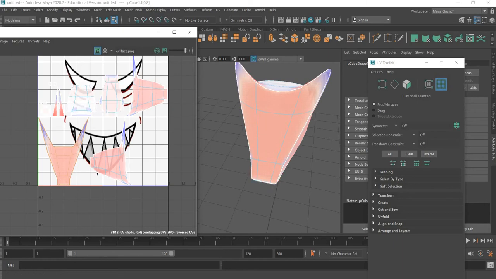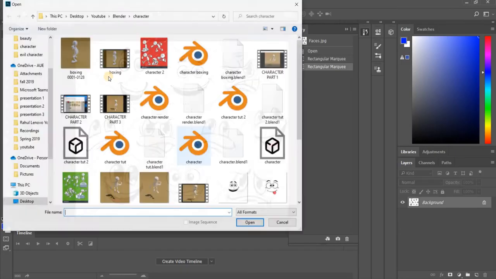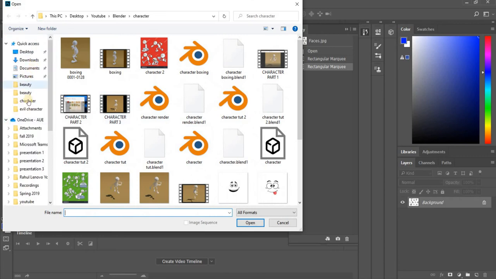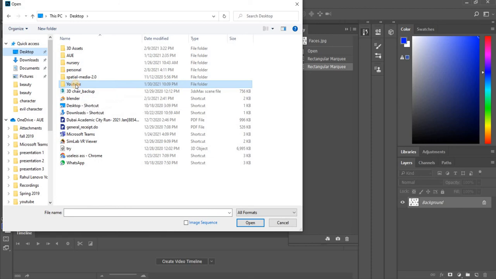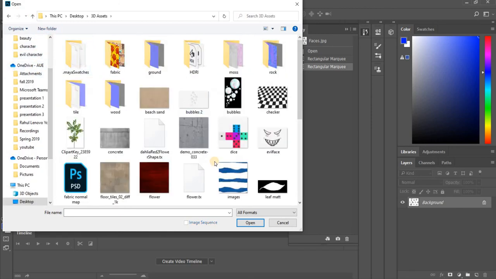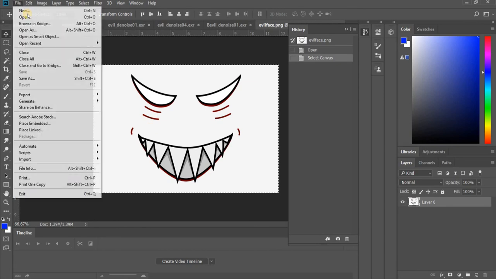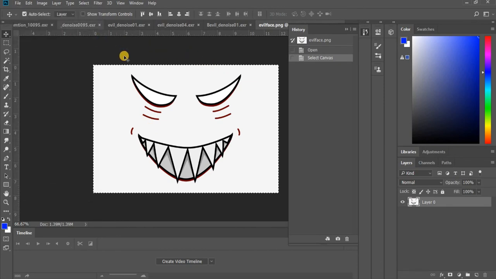And now we need a better image. So we'll have to open that in Photoshop. So I'll open that evil face from, oops, 3D assets. Okay, go to Control A to select all, Control C copy, file, maybe it is already here,